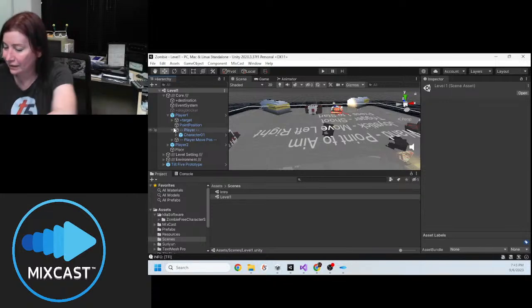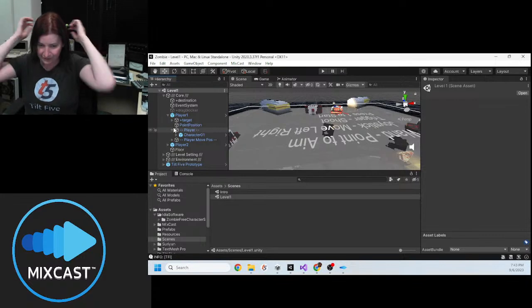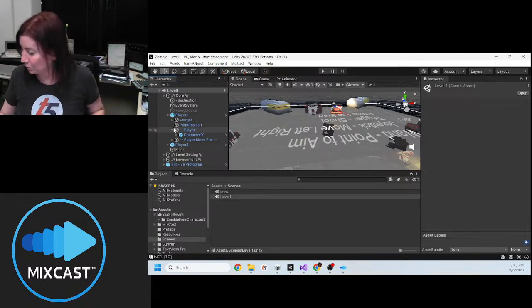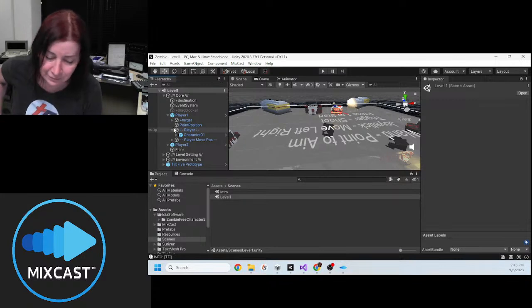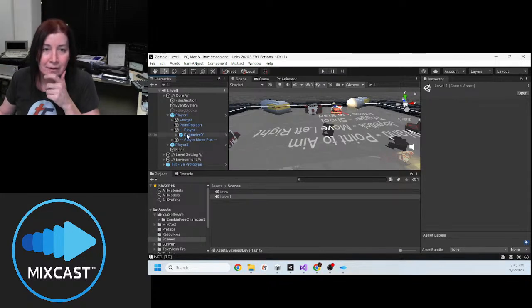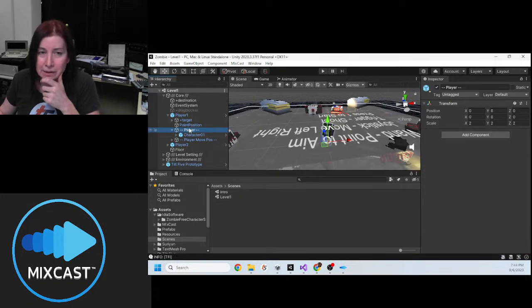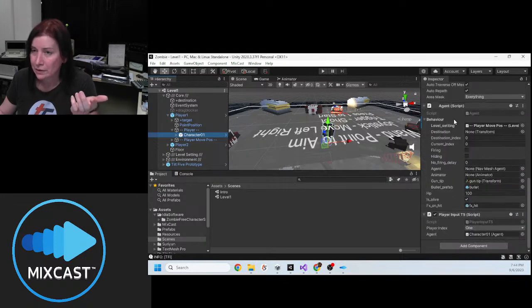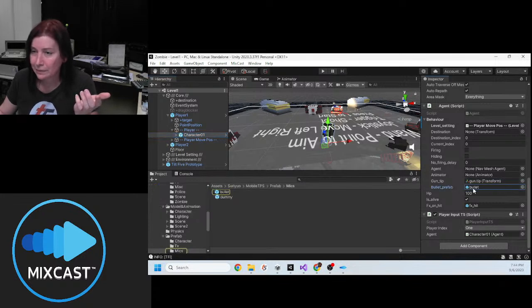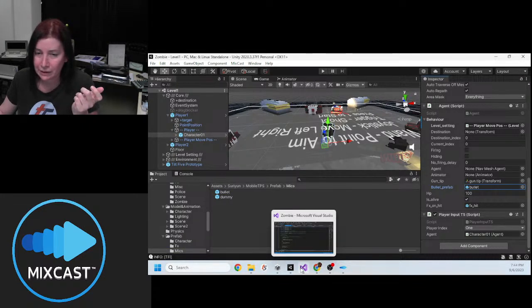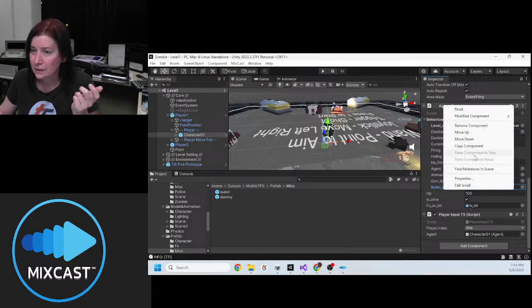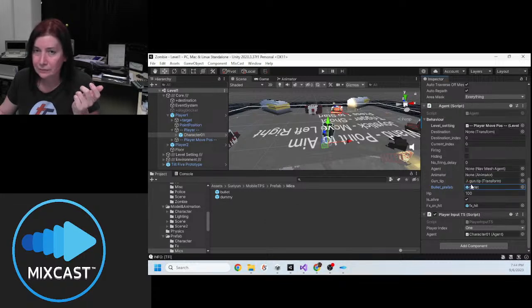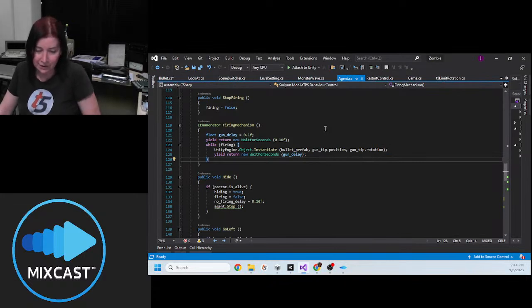All right. Let's look at some bullet action. Okay, so when I looked at this earlier, I suspected, and it's true: on the player character, there is a bullet prefab. And the agent script is what is instantiating the bullets. So when we go to the agent script that's attached to the